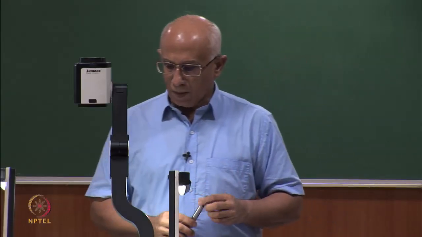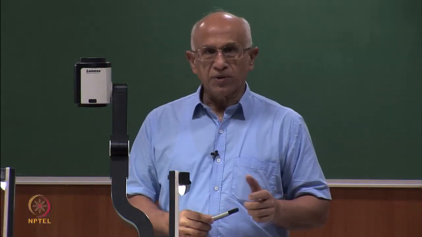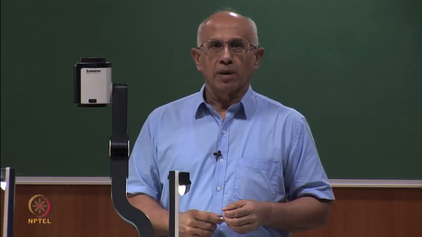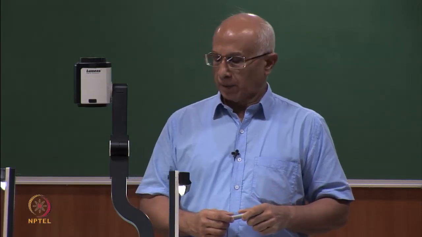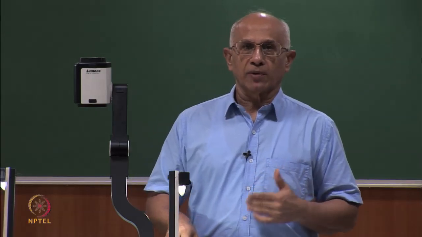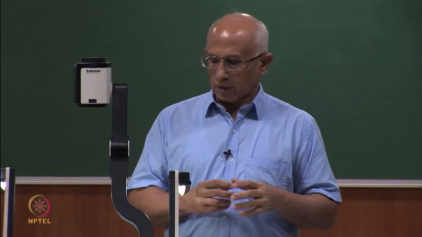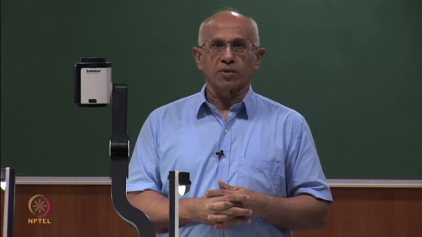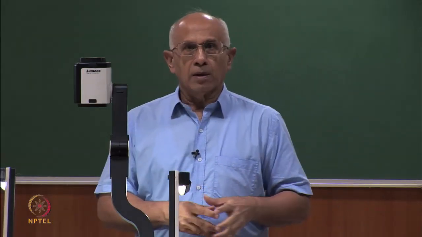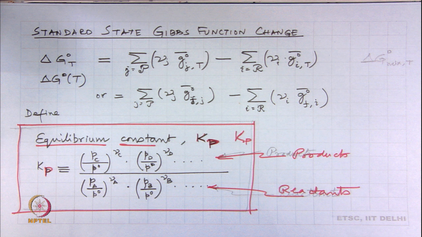Okay, this is the second lecture on chemical and phase equilibrium. In the first lecture, we derived a criteria for chemical equilibrium and came across the notion of the equilibrium constant. In this lecture, we will take the idea of equilibrium constant further and see what its implications are. Then we will examine what the equilibrium constant depends on and how it influences systems. That will bring us to the end of chemical equilibrium, after which we will move on to phase equilibrium.